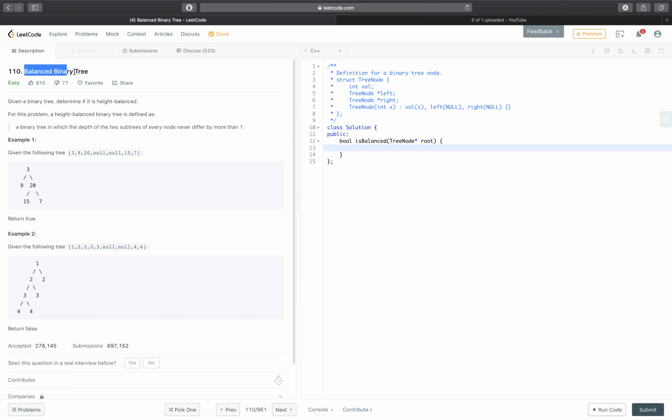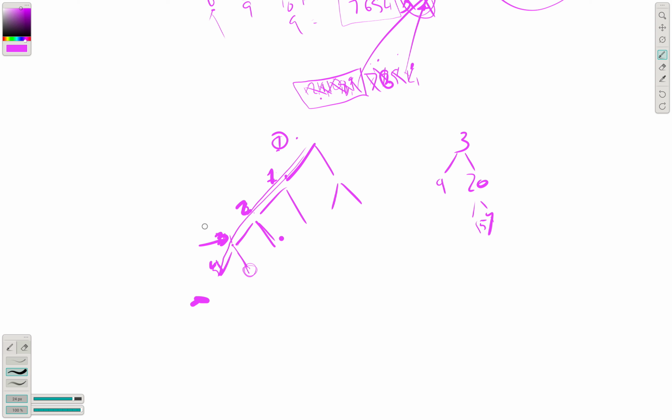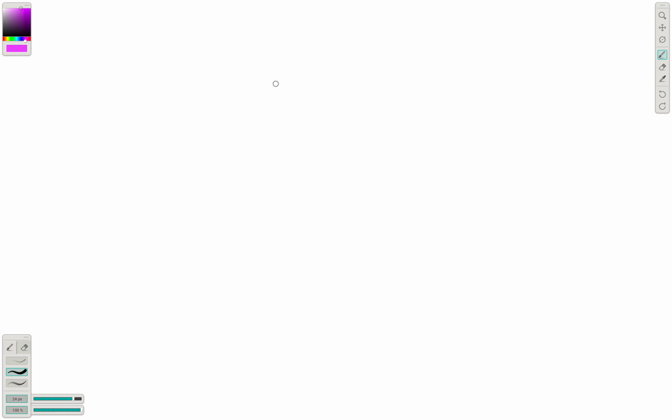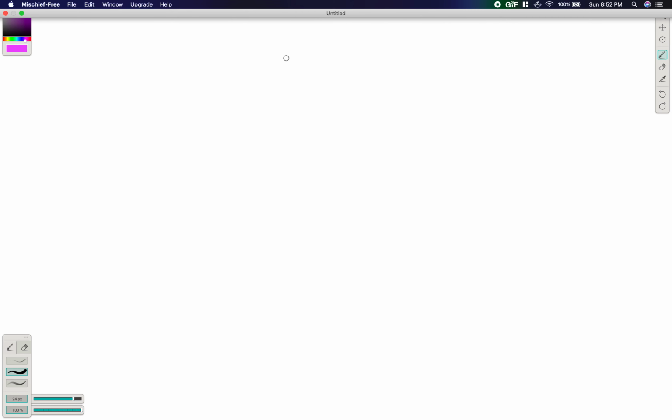Okay, so let's see. This is saying we have to return true or false if this is a balanced tree. I don't know if you guys know what a balanced tree is. Let's make a new page here. Okay, so a balanced tree is when the height of